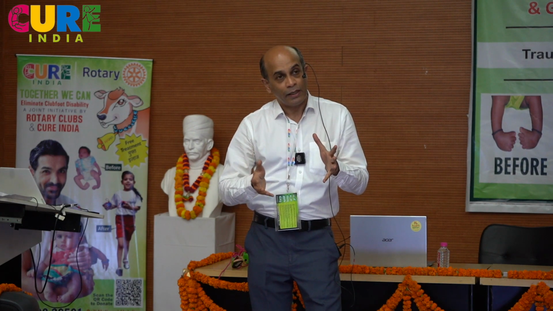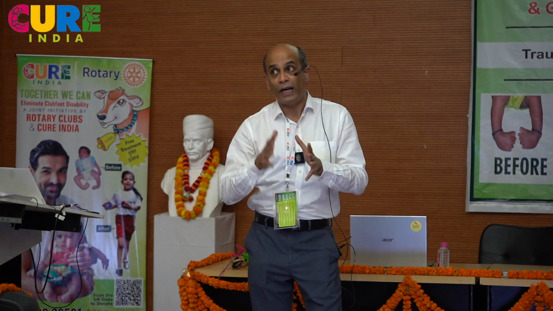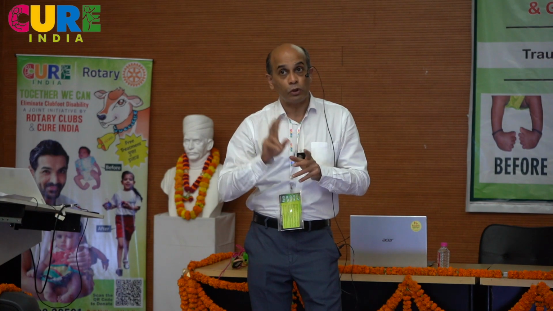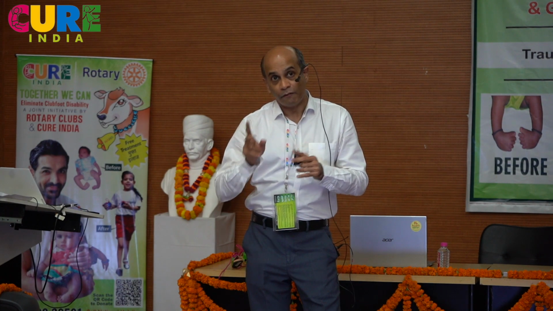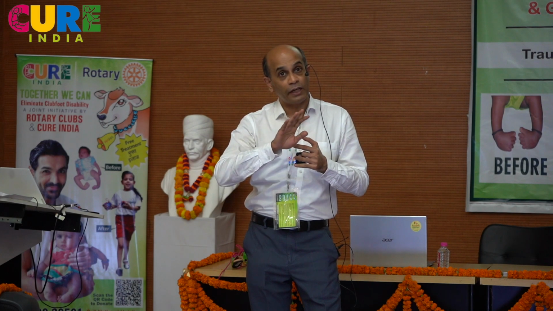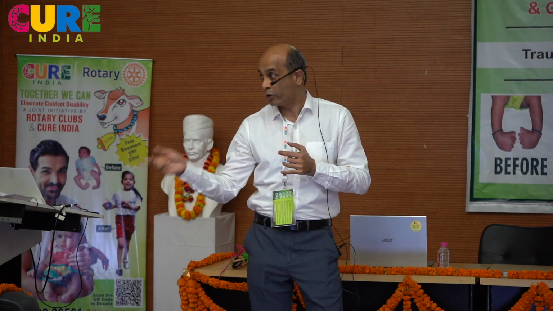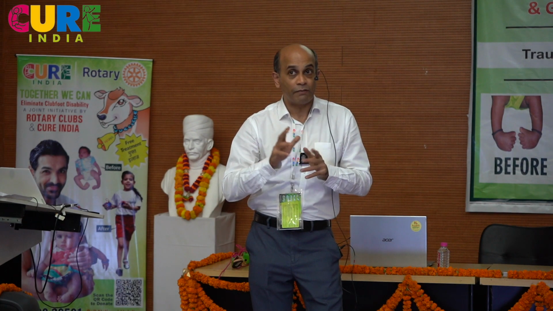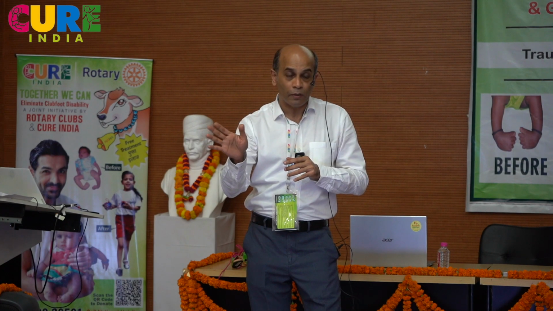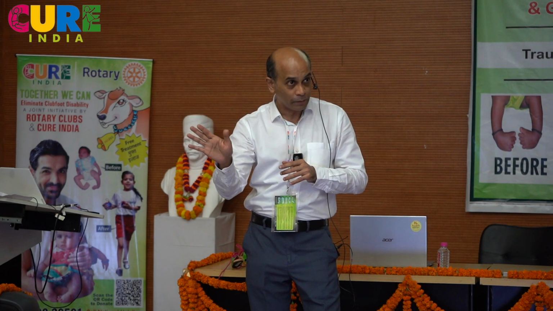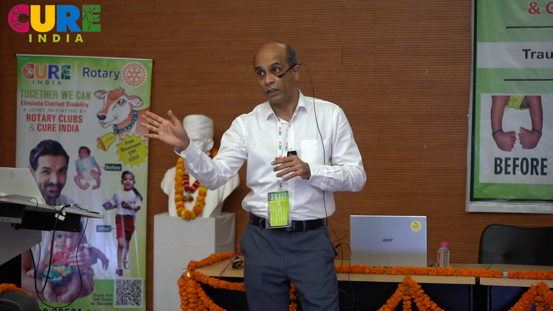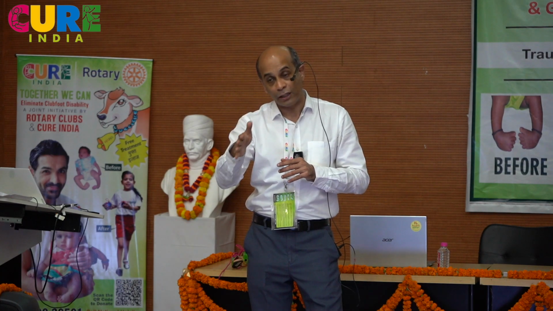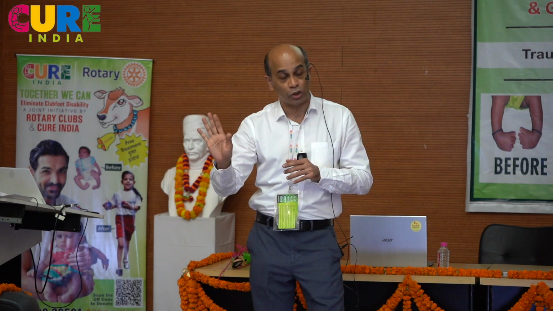Why was it relapsing? And he started working over the next few years to find out why that relapse was occurring. Why were 52% of my patients coming back with a recurrence? And he found that there were two main reasons. Okay? The first reason that he found out was he was not giving enough abduction in that last plaster. That's why today if you've heard our talks, you've seen the demonstration as well, you've seen that we have always insisted that before you do the tenotomy, you have at least 50 degrees of foot abduction. And after you've done the tenotomy, you should get 70 degrees of foot abduction. So you should get more abduction after you've done the tenotomy, which happens and it makes sense because as you get dorsiflexion, you also get eversion and abduction.